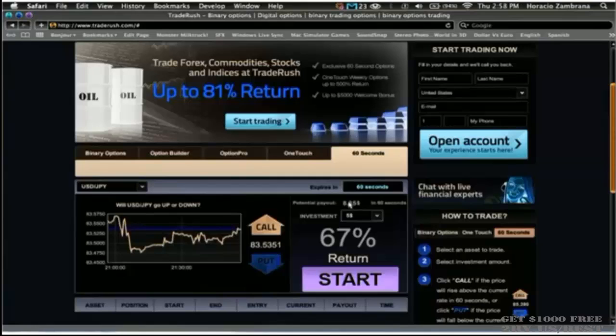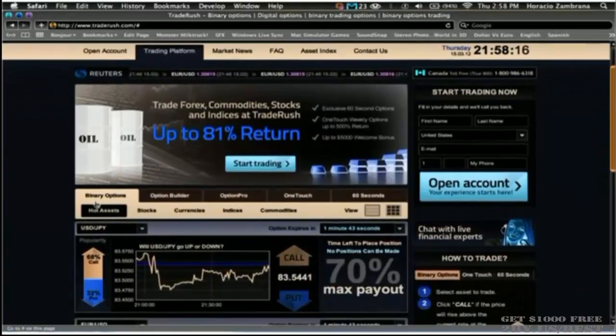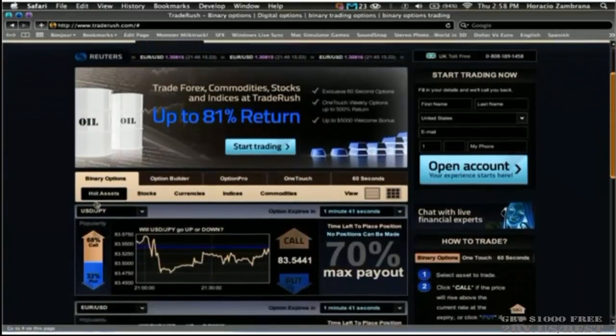Okay, now this might be sounding too good to be true, but this is why it works. Because as easy as it is to make money, it's easy to lose money. And the only way you'll continue to make money and not lose money is if you have a strategy. So what I do is I go to binary options on the main page of TradeRush, and I look at